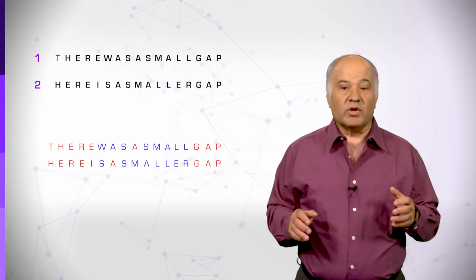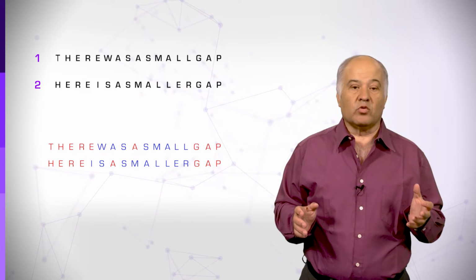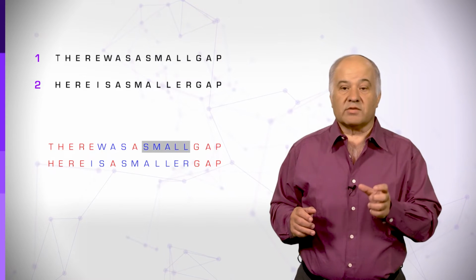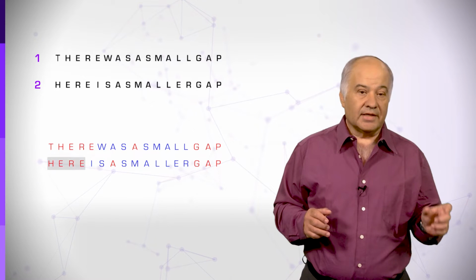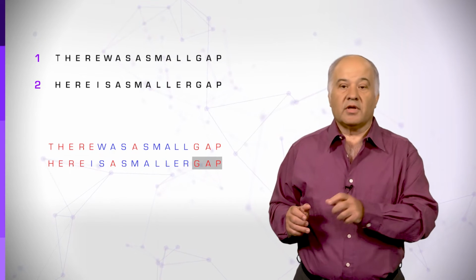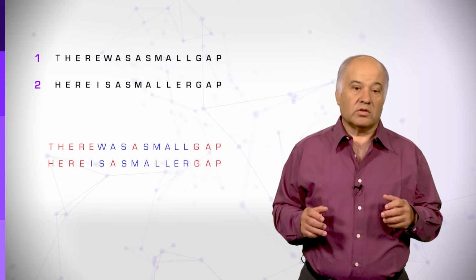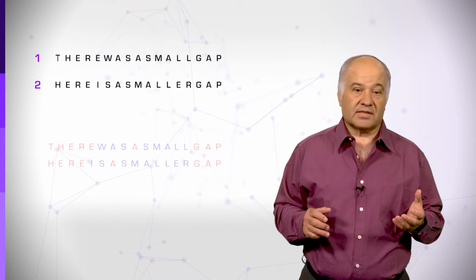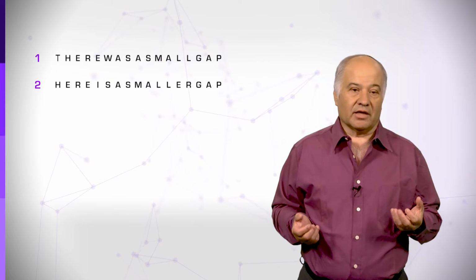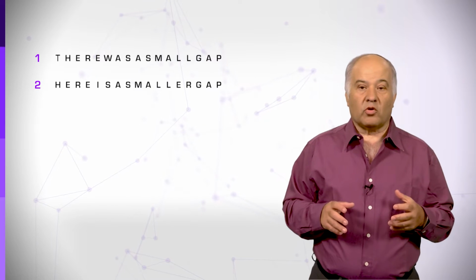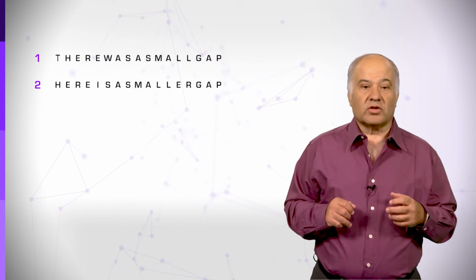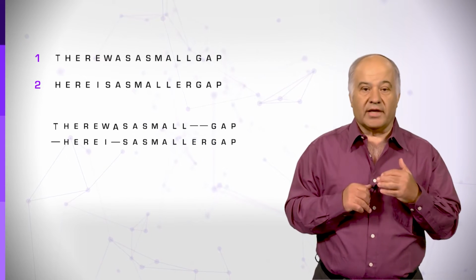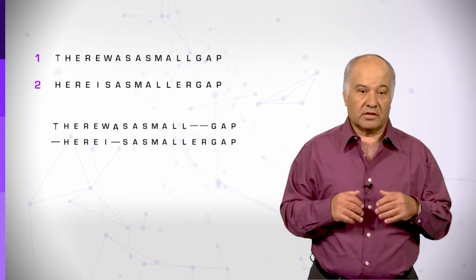In any case, when we look at sequences, and especially if we look at them as words with meanings, there was a small gap. And here is a smaller gap. We would come to the intuitive conclusion that they are actually more similar than the figure 29% suggests. How can we capture this similarity? We can do it using a computational approach called dynamic programming. This method can not only calculate the similarity between sequences, but can also align them in such a way that their similarity will be most evident.